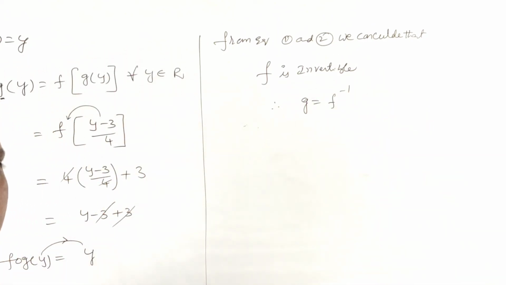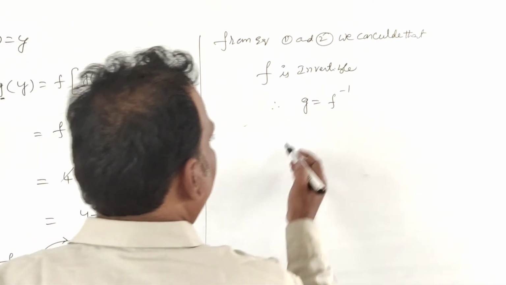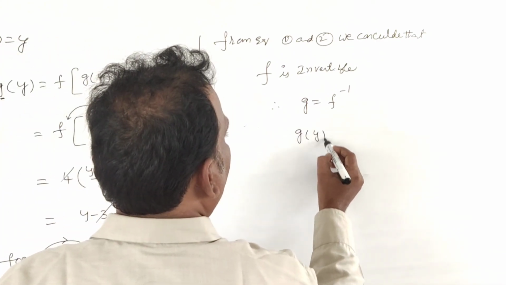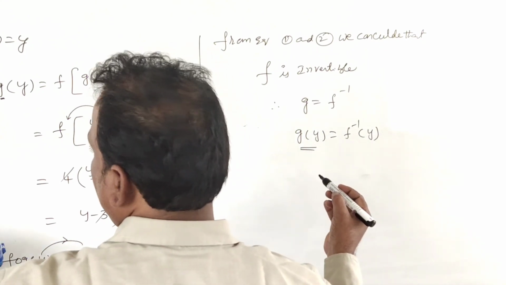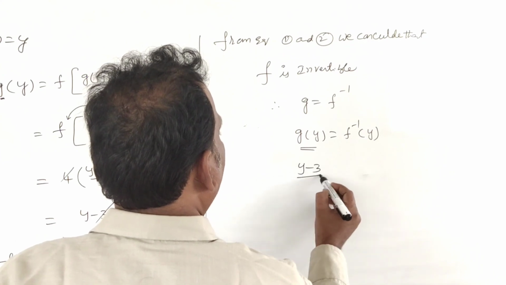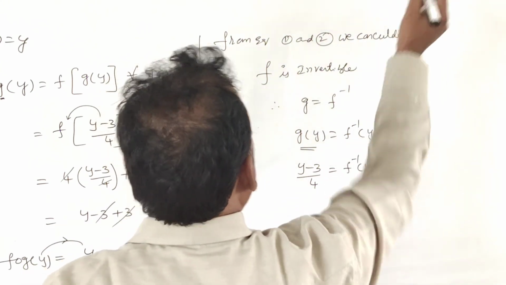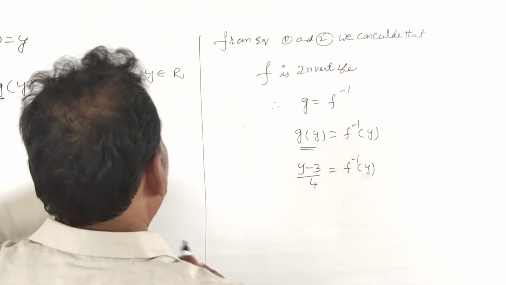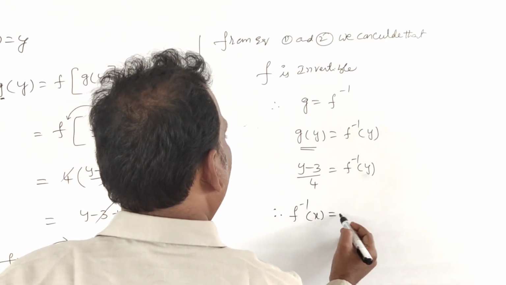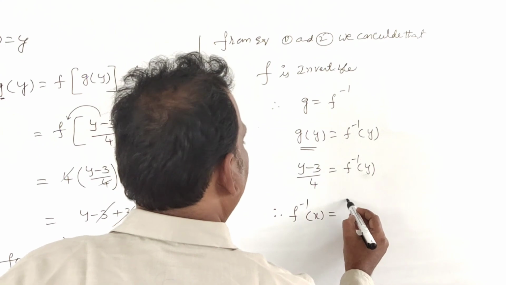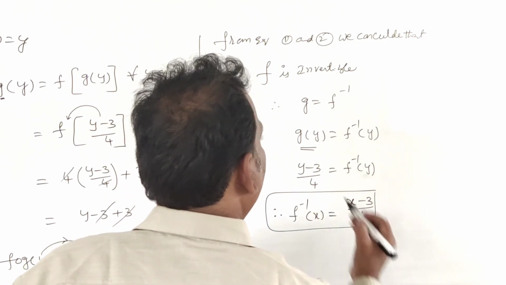You need that f inverse particular value. So g value is in terms of y. That's why I am taking y as an element on both sides. After that, g of y, you know that value. So (y minus 3) by 4 is f inverse of y. They are asking the inverse of f. f is in terms of x, so you can express in terms of x. f inverse of x is equal to, where there is y, put x. So on the right side also where there is y, there is x. So this is the f inverse value, students.